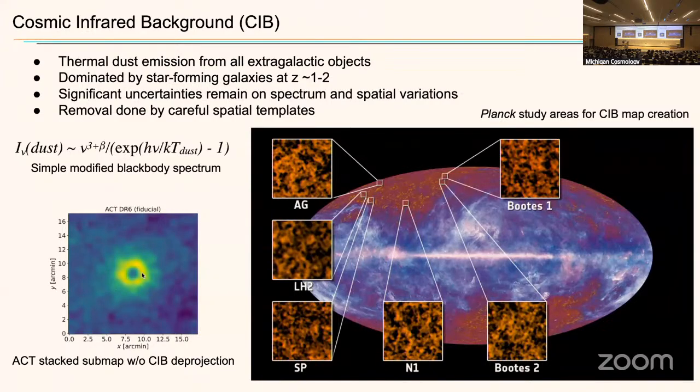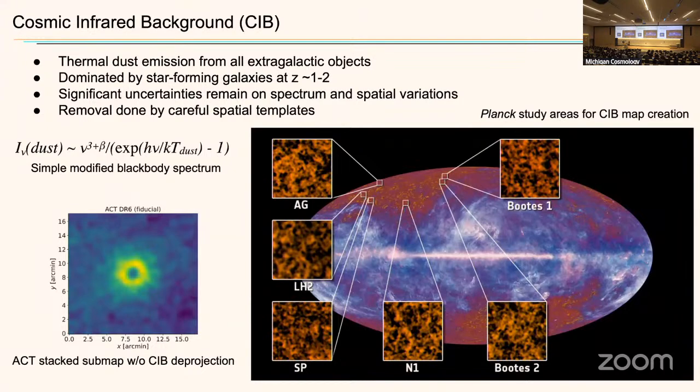So because of this, there are significant uncertainties that remain on the variations of CIB across the sky. And right now we're removing based on these templates. But if we could directly measure the CMB associated with these emissive sources or places on the sky, that would